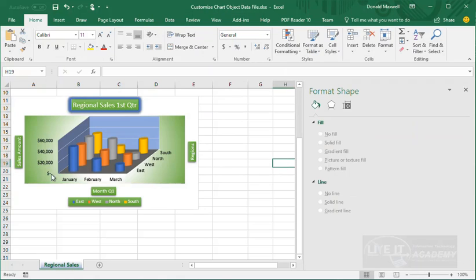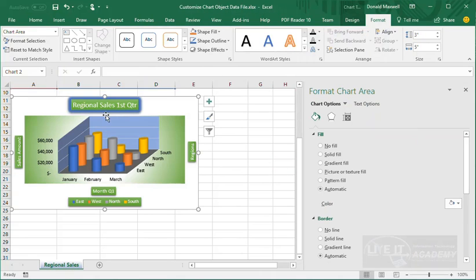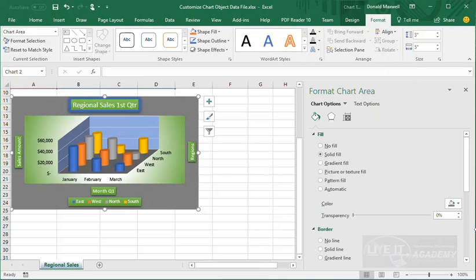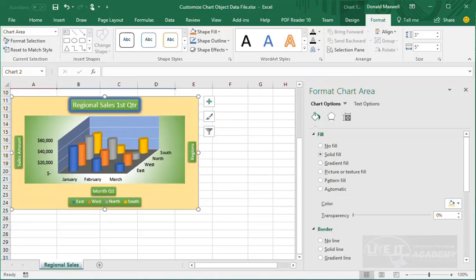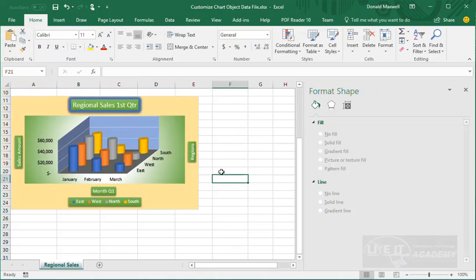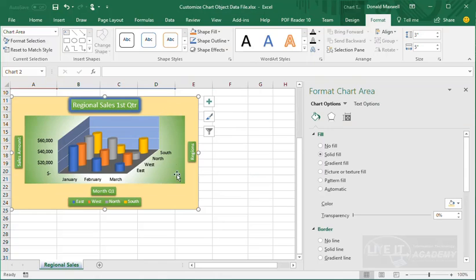All right, so the only thing that's left here is the chart area. So what color can we make the chart area? We'll make that in a solid fill color. And it's gray right now. Let's do a nice gold color here. All right, so you can see that you can